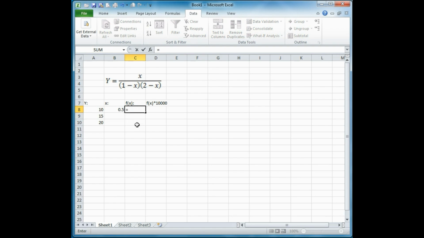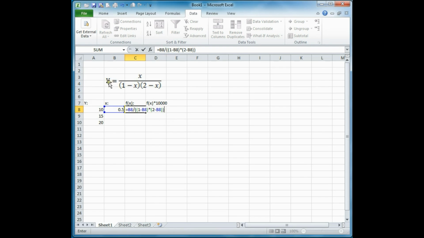So it will be equal to x, which is this cell, divided by 1 minus x in parentheses, times another parentheses, which is 2 minus x, and close the whole parentheses for